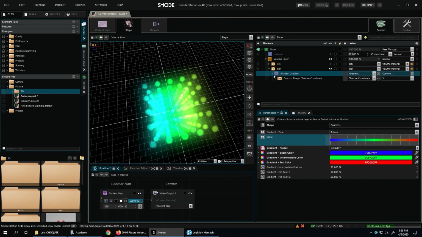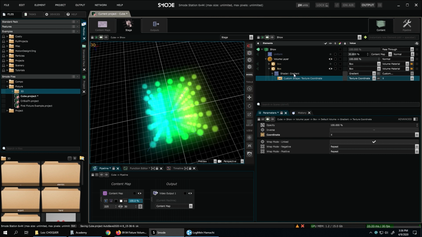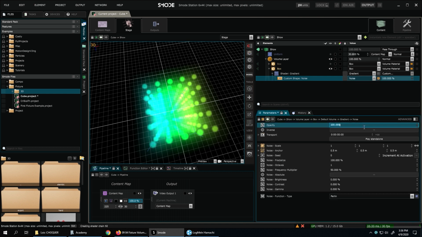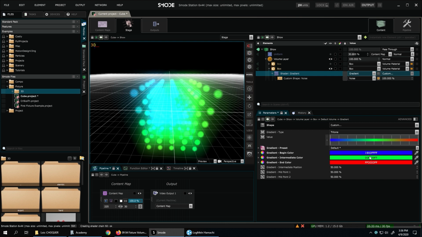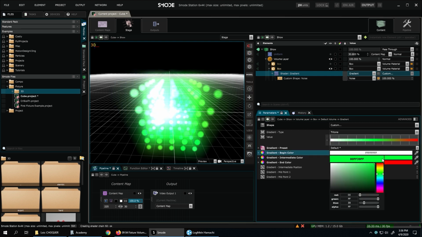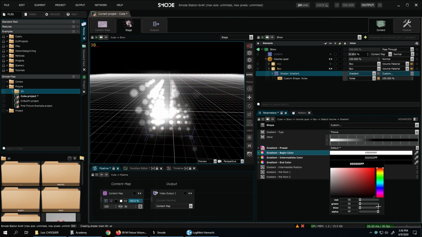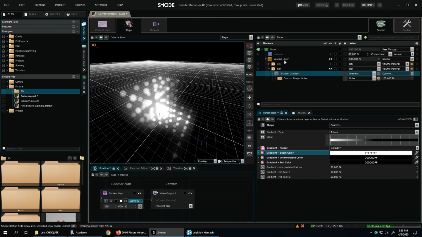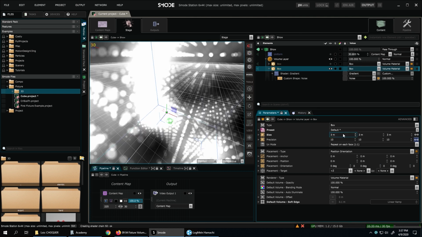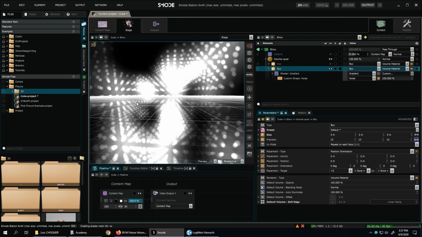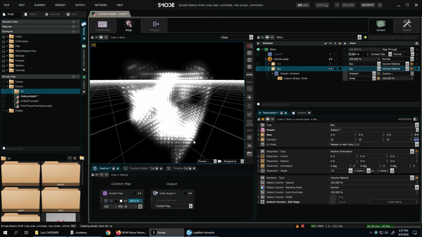Which creates a custom parameter, and we can select some other parameter like the noise, which will be a 3D noise, and we can see if I make it more black, and also make my cube bigger, we have a 3D noise effect into the volume layer.